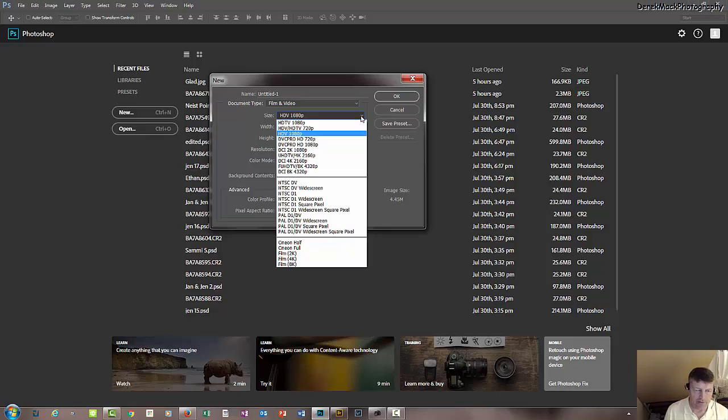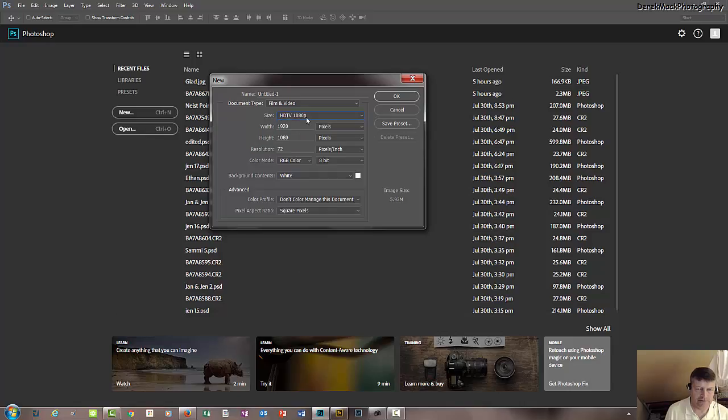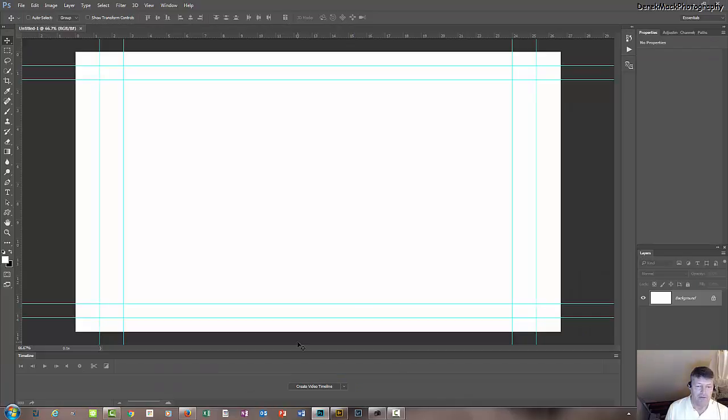And this drop down will give you various sizes. Going to go for HD, 1080p by 720. Just trying to see if there's one. Sometimes I have frame rates with them as well for your videos, but I'm not seeing that here. So we'll just go for HDV 1080, and it's got the normal 1920 by 1080 dimensions for HD, and then click OK. This opens here. Next you want to click on Create Video Timeline,